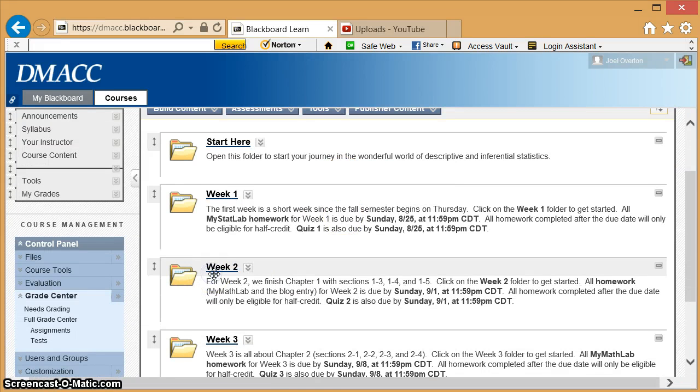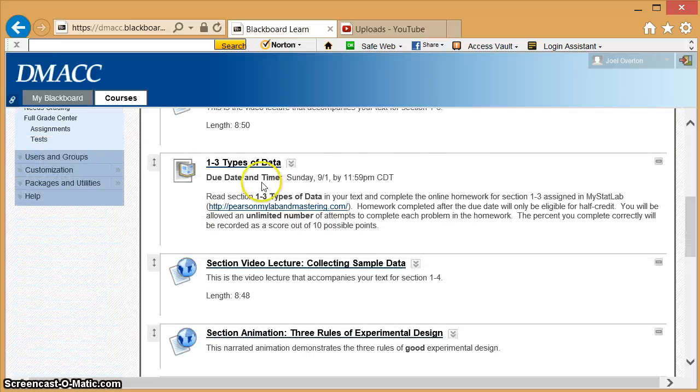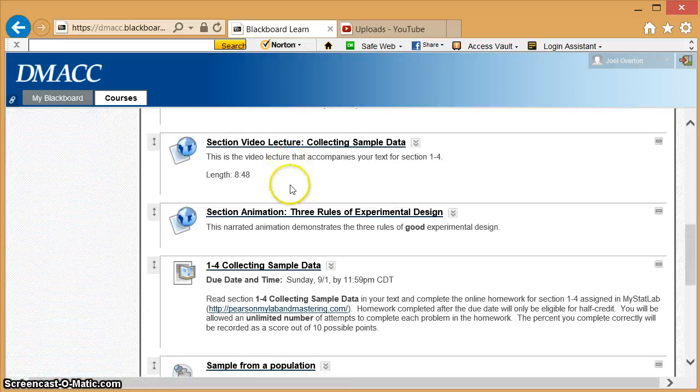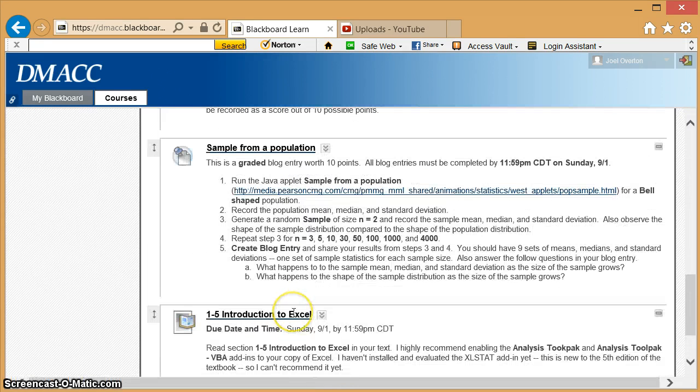In week 2, for example, not only do you have My Stat Lab homework, as well as a quiz, but you also have another homework problem that's not in My Stat Lab. This is a blog entry that I'm going to ask you to create using one of the animations from your textbook, from your electronic textbook.